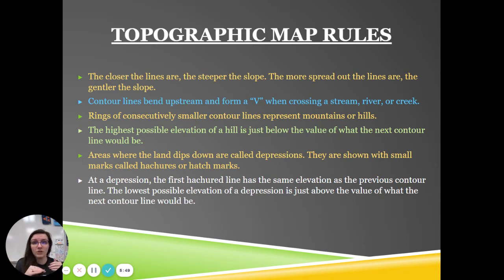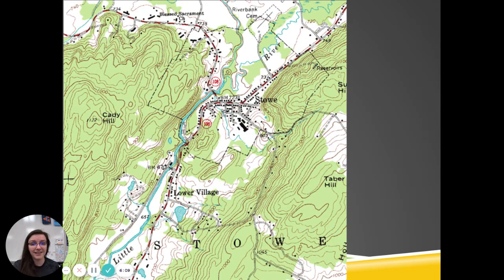So if I've got a hole in the ground and I have a contour line that says 20, but there's no line that says 10, that means the deepest this hole in the ground can go would be 11, because it doesn't reach 10, otherwise there would be a line for 10, but there is a line for 20. So here is an example of a